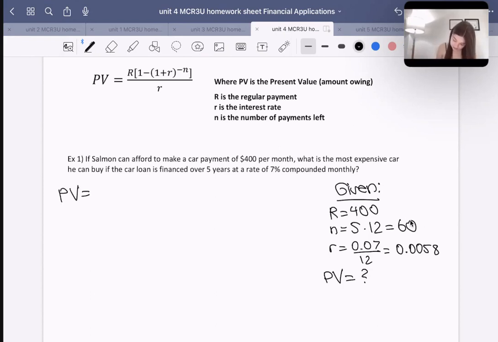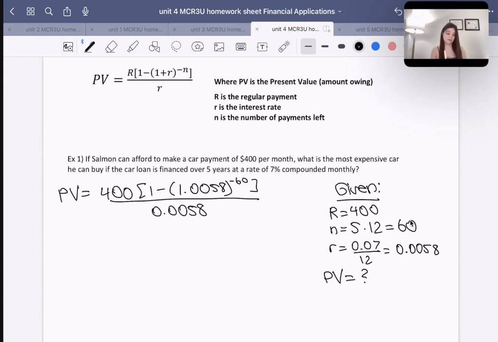Present value is equal to 400 times 1 minus 1 plus r, so 1.0058 to the power of negative n, negative 60, over 0.0058. Okay, so now we're going to figure out what that is. First, I'm going to figure out 1.0058 to the power of negative 60, and then we're going to subtract 1 from that. Okay, we're going to multiply by 400. And last but not least, I'm going to divide by 0.0058. So I'm basically plugging all this into my calculator. And my answer is